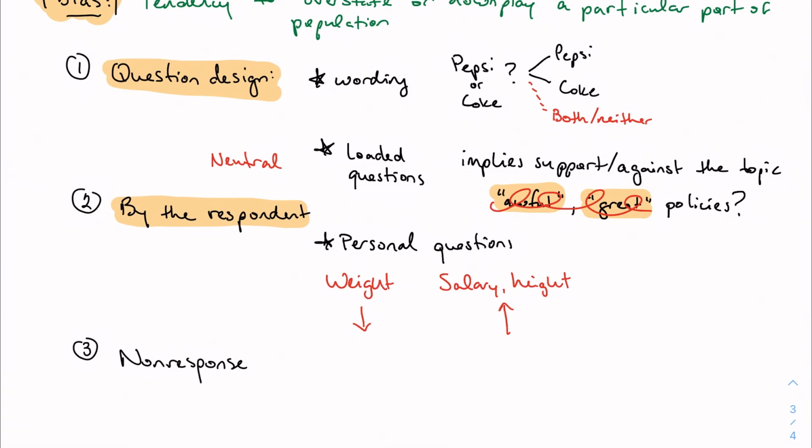We want to be careful with personal questions because people might not feel comfortable answering them. Additionally, any sort of personal connection to the study or to the person asking the question can also bias the result, just because of that different relationship. You really want somebody who's completely, preferably, neutral and a stranger to the person that you're studying.